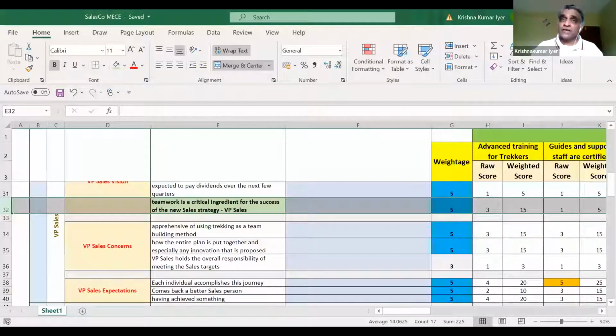Number two, even though they are a trekking company and this is not part of their core competency, they have now been able to bring together a sales consultant who's going to work with them to help train and coach my sales team across different parts of the country as part of the trekking tour and help build better teamwork across this entire sales team. Okay, and this is where the VP sales coach sees you as a differentiated organization compared to every other trekking company. And now he will start inviting you for more discussions, more conversation.